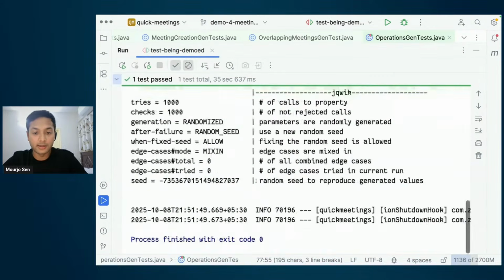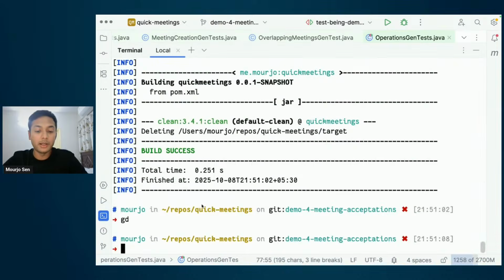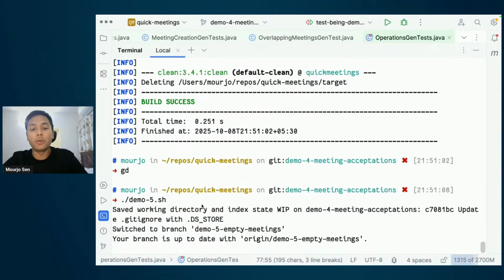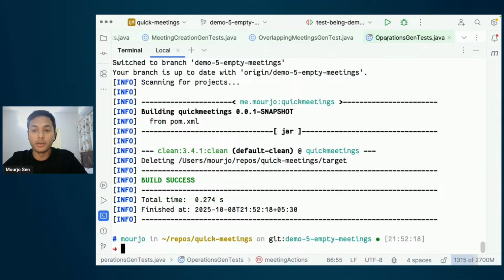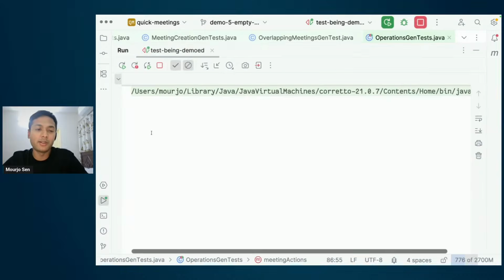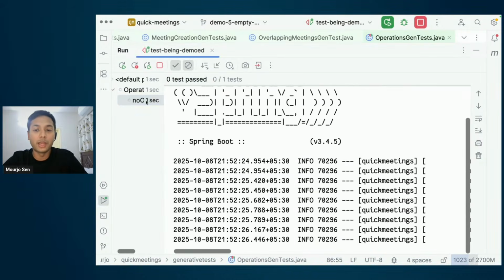So now the test, I think, is passing for 1,000 combinations of user actions. The overlapping test is working. So there is no overlapping meeting for any kinds of user actions up to 1,000 levels of depth. But let me now increase the system's guarantees or the properties that we want to simulate. Now we have a very robust way of modeling user behavior. So we said we won't have overlapping meetings, but we also probably don't want meetings to be empty.